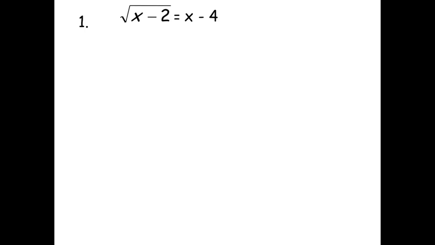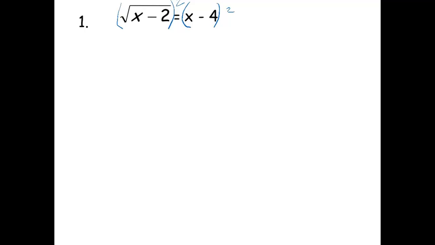To part 2 of solving radical equations. In the first part, I gave you a pretty simple example, but in this example, notice that we've isolated the radical and it's equal to x minus 4. Now we're still going to be taking a square root graph and intersecting it with a line. Right? That hasn't changed. But when we solve this algebraically, we're going to have a little bit more of a task to complete. So I'm going to start, just like I started the other question, by squaring both sides